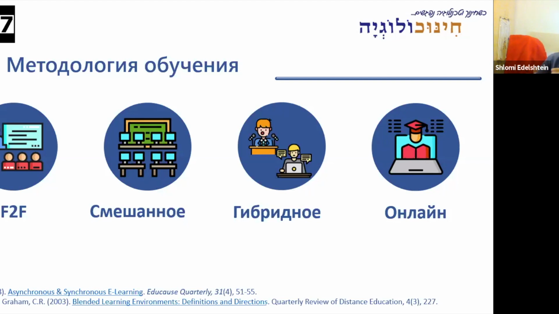The third methodology is called hybrid. In Israel at least, it's a very, very famous methodology nowadays. Many teachers and people in the Ministry of Education are speaking a lot about it. The idea of hybrid learning is that we don't have to learn all at the same time. For example, if I'm still using the example of a historic event, then I can say,